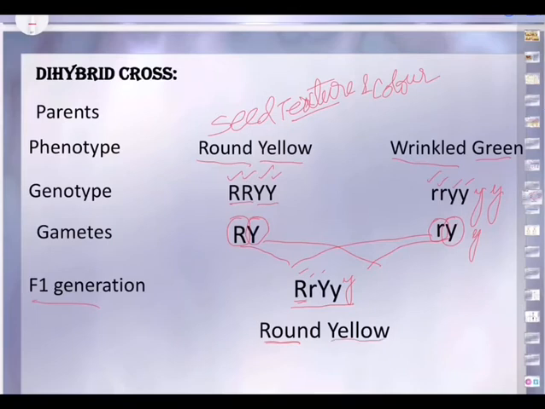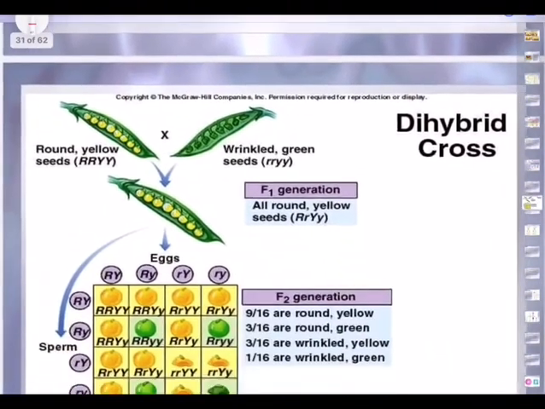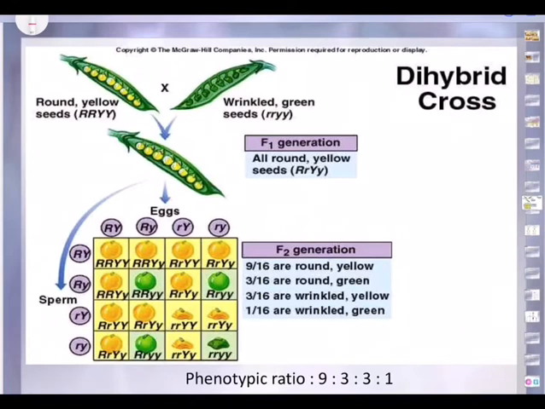But the law of dominance works here. Because of the presence of capital R, the phenotypic condition of the F1 generation, this is F1 generation, right? So this will be round, and again because of the presence of capital Y, the phenotypic condition is yellow. So in F1 generation, all seeds will be round and yellow, which is the characteristic of one of the parents, this one. Now the question is, what happened to this? Why could that not express itself? So for that we explain this through dihybrid cross.